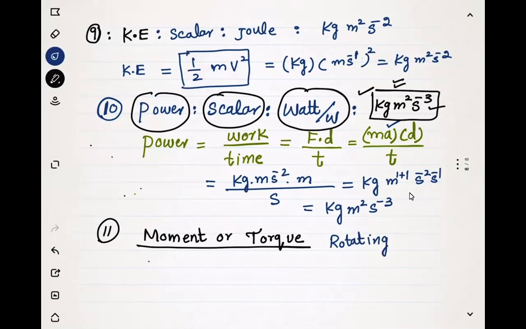Rotating acceleration or rotating deceleration. So for rotational objects, acceleration or deceleration is called moment. For example, if an object is rotating with a constant speed, then its moment or torque is 0. The force that increases the rotational speed or decreases the rotational speed causes the moment, and the amount of moment